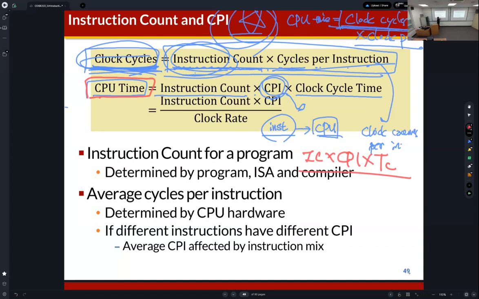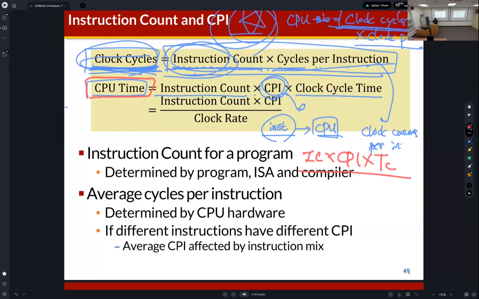Which means in order to increase the performance, we need to reduce the instruction count, or reduce the CPI, the number of clocks per instruction, or reduce the clock period. Okay, and these terms are related to different research fields of computer system or computer